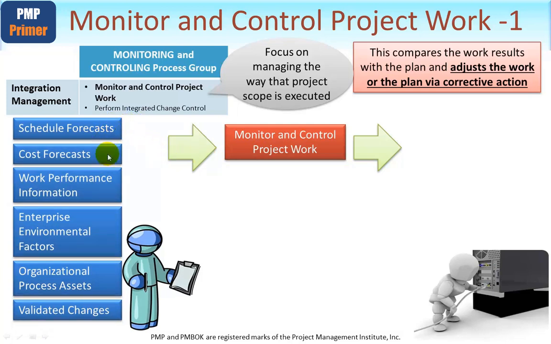Dealing first with schedule forecasts and cost forecasts, these come from the control schedule and control cost processes. And here earned value management will be used to measure what has actually occurred against the plan so that any variances can be determined, prompting some form of corrective action. Work performance information, which is work performance data that has now been analysed, contains important control metrics, often in the form of percentages or ratios, which allow us to make informed choices in the monitor and control work process,